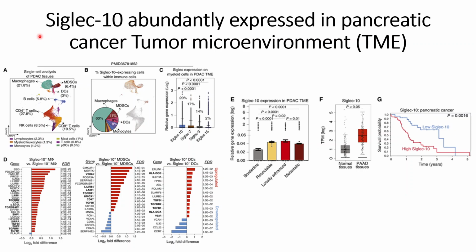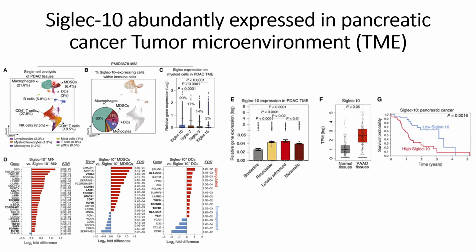In this video we will discuss Siglec-10, which is evidently expressed in the pancreatic cancer tumor microenvironment. So what were they able to find out, and how did they come to these conclusions? They checked the publicly available pancreatic cancer data, more specifically the tumor microenvironment data, and within that they checked the single cell RNA-seq data, and they were able to see that